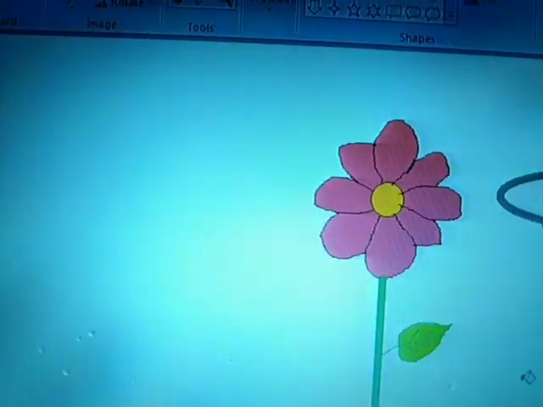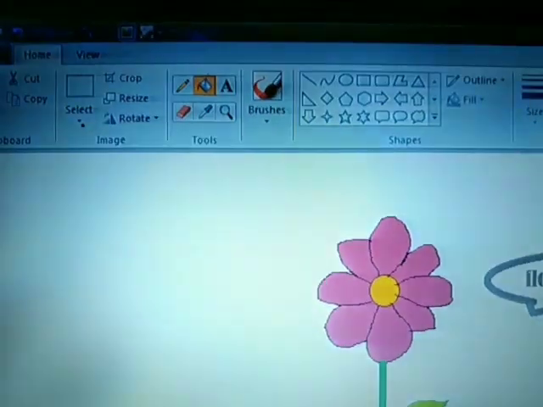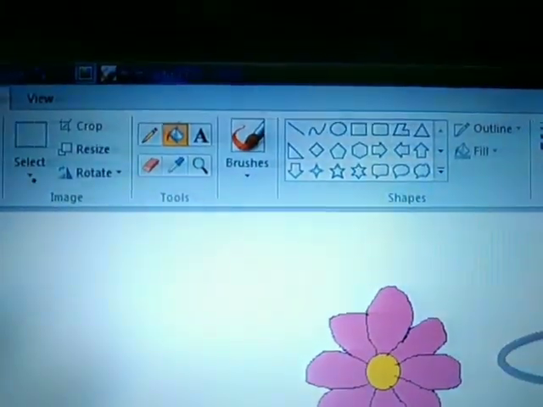Suppose if the drawing would have various shades of green, it would be difficult to find out which green it is actually. So color picker tool will exactly choose that green color which you want, which you have selected from the drawing itself. So this is all about using the tools and the reason why you use shapes.